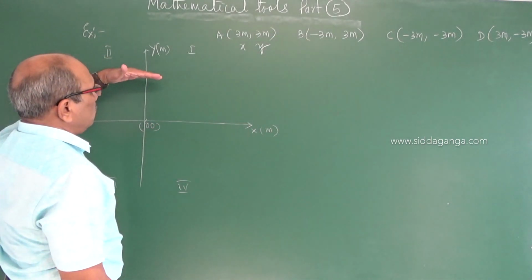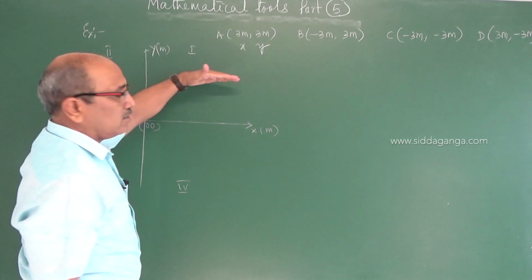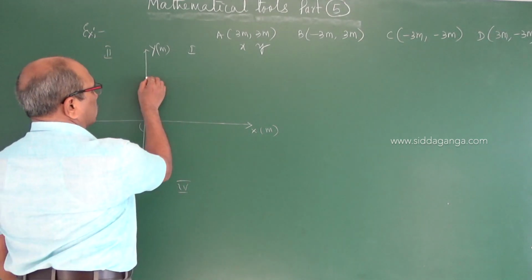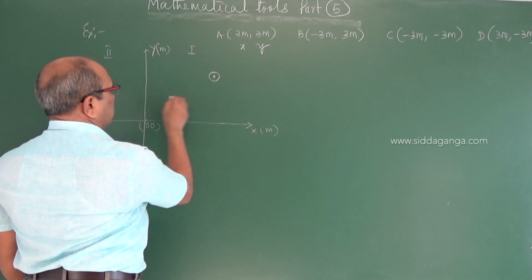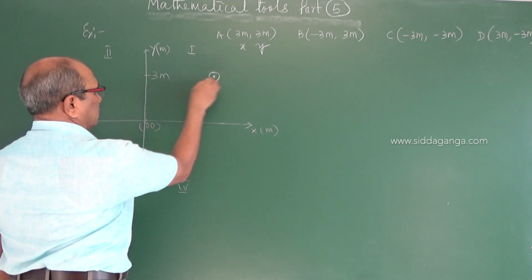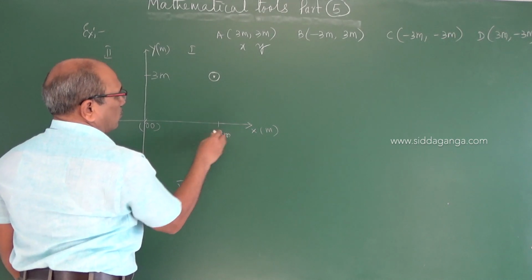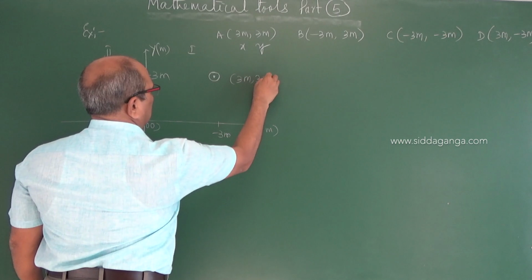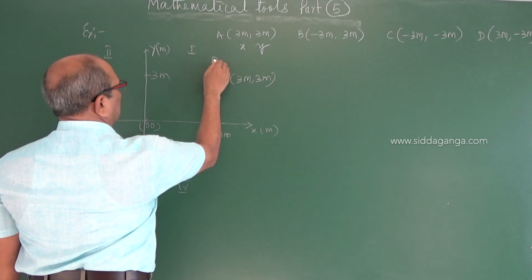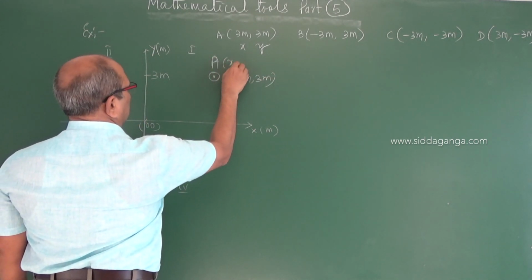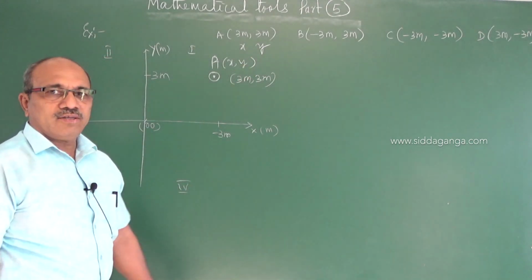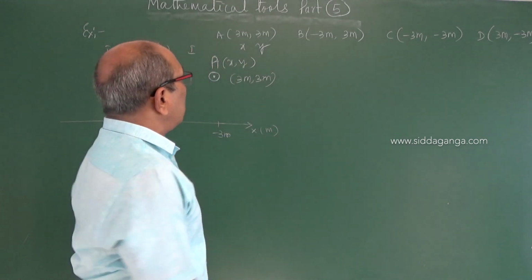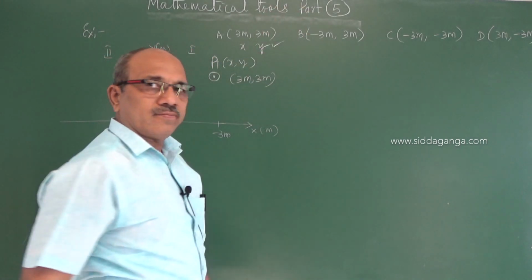So for x, you have to move 3 meter parallel to the x axis but perpendicular to the y axis. So you moved here, this may be 3 meter and this again is 3 meter. Moved like this, you got 3 meter comma 3 meter, point A as x comma y. Fine, you got the position A, and we located it.